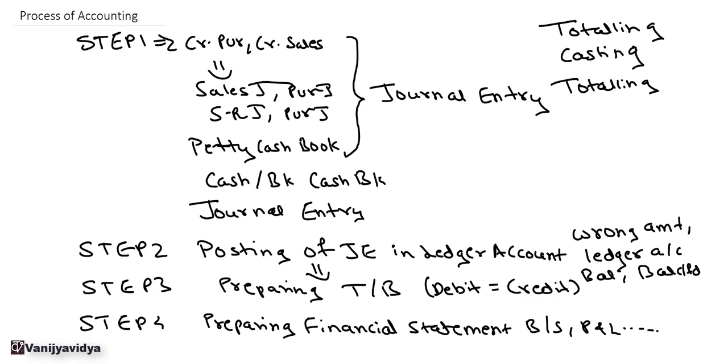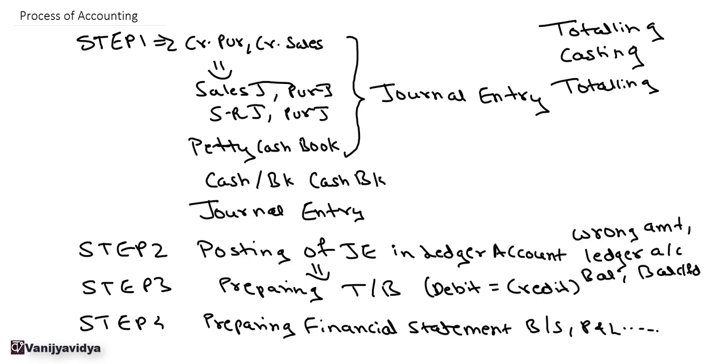Now there might be some errors because of which the trial balance may also tally. In that type of errors, wherein the trial balance may also tally, we cannot find out these errors unless we do a proper scrutiny of all the ledger accounts. For example, say an asset which was purchased is recorded as an expense. So instead of passing an entry as asset account to bank account, the entry passed was expense account to bank account.